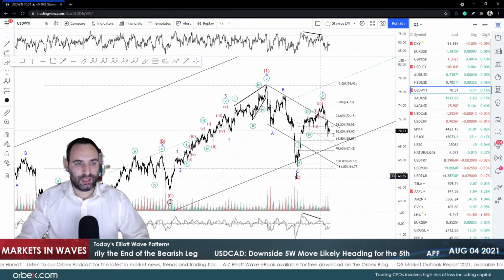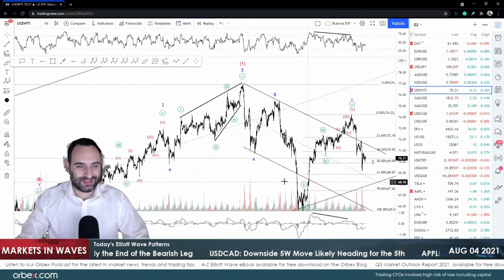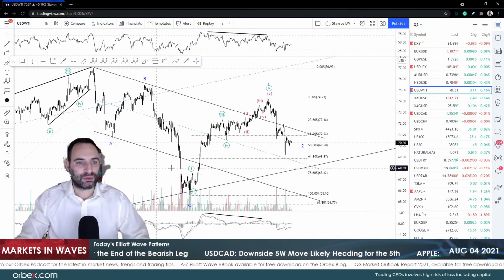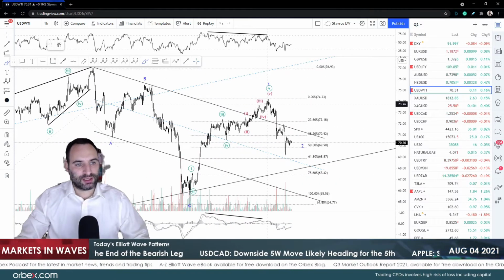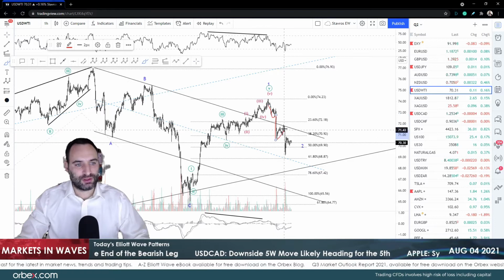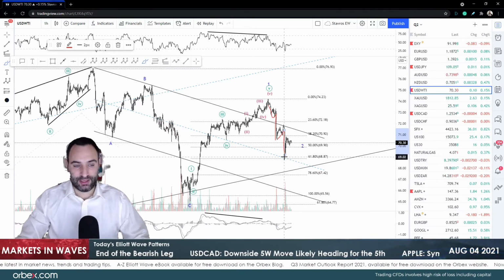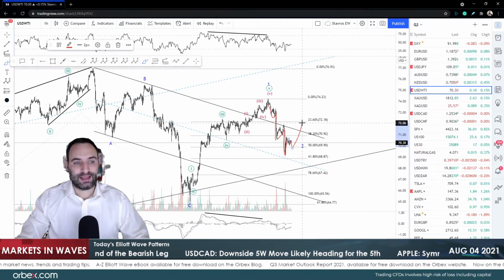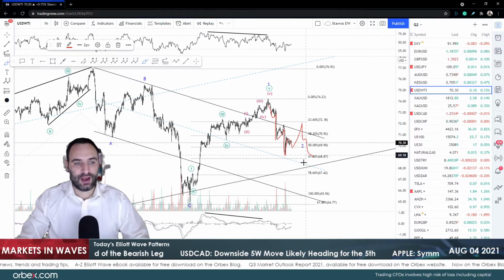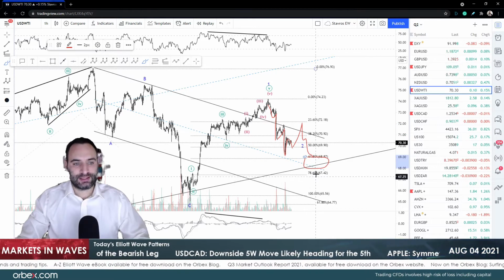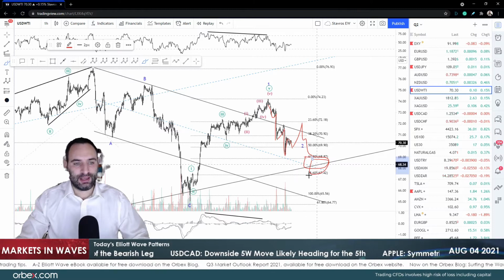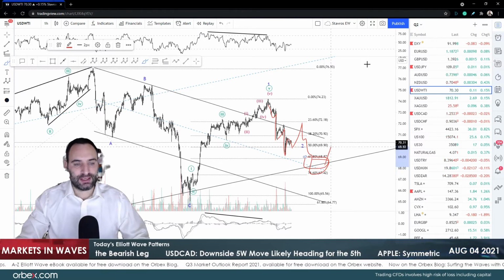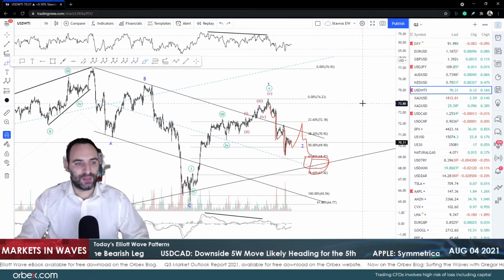Now, oil has collected a bit shy of the 61.8 as we expected, which can mean two things. First of all, this is 1 and 2, this is 3 and 4, and this is 5. It looks like it, right? So it could be a case that this is ABC. We're going to get 1, 2, 3, 4, 5, and get the 68 anywhere between that area, actually 57.40 and 68.90, and then continue higher.